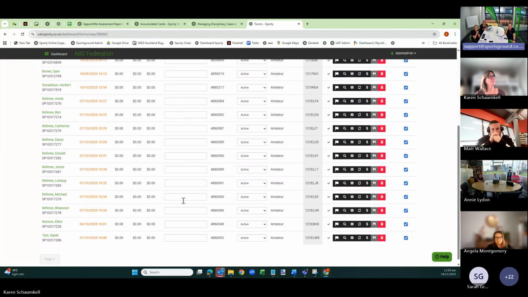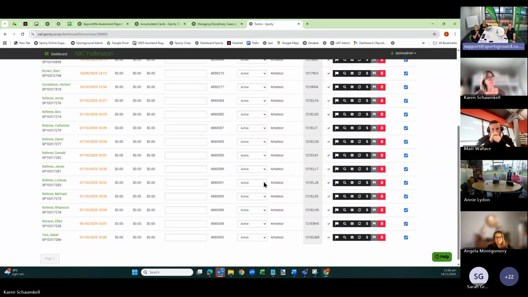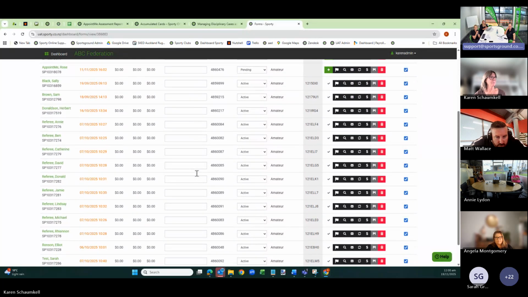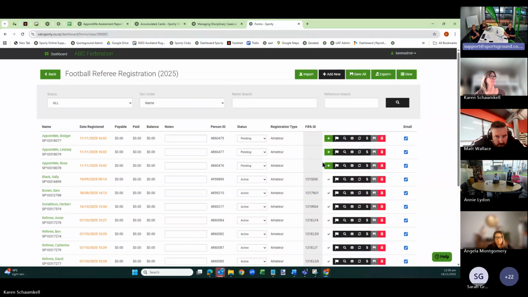This is important. This is the area in which they can go through and approve the referees that have registered for the season. They can also do this in Super CRM, so they can use bulk approval actions in Super CRM, or you can approve one by just simply clicking that plus icon. It's really easy and quick. You can show by just clicking one, Karen. So you could do that with all three in a row and it will go off in its merry way and complete that in the background.